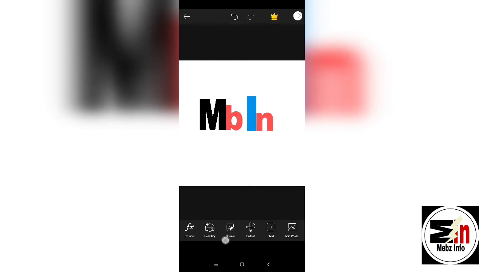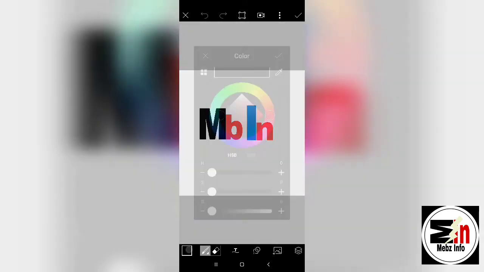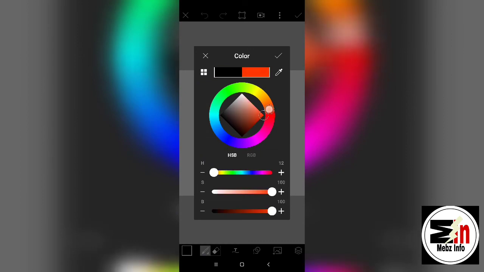Now I need to choose a design. I will go on this option down below which says draw. I'll go on draw and I'll click on draw. Now I will choose a color first on the option down below on this box. So I'll go with slight yellow, then I'll give it